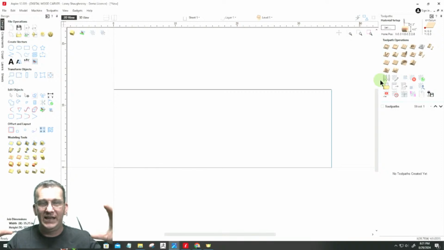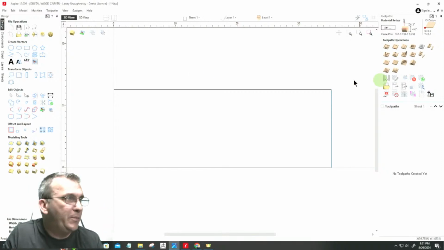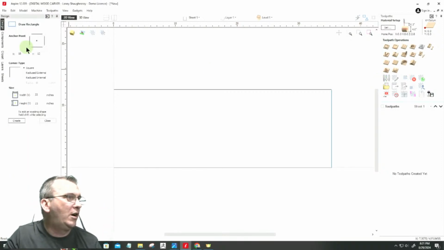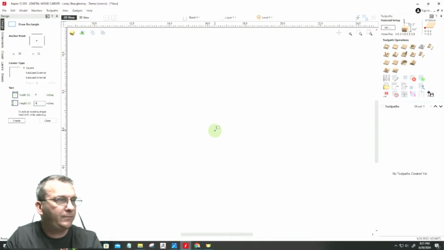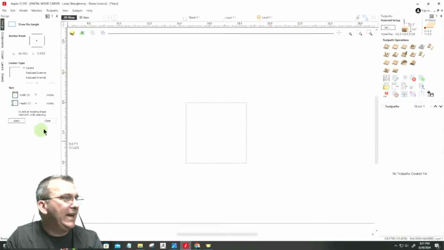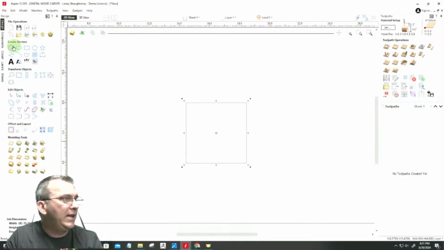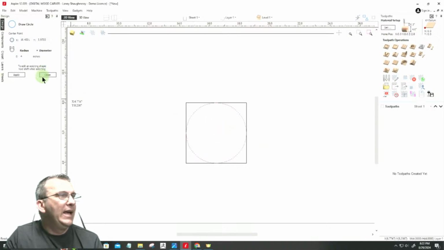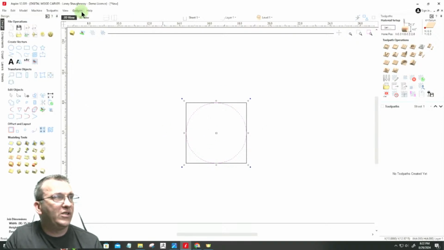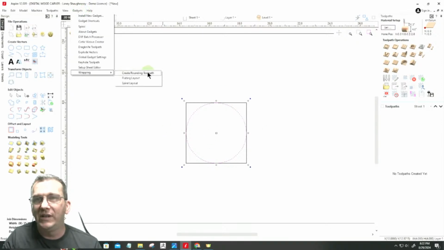And when it's all said and done, out of that 4 inch by 4 inch, if we were to draw a 4 inch by 4 inch square on the screen, and if I were to draw a circle within that square, if I told the software in the wrapping gadget to create a rounding toolpath,